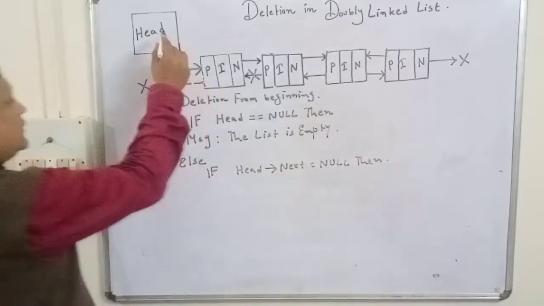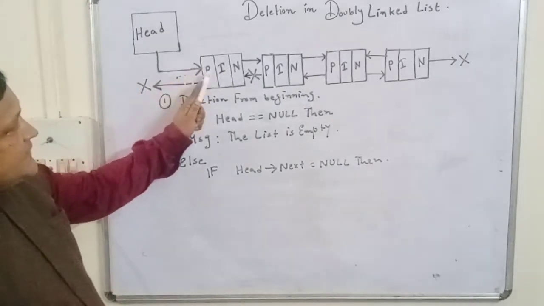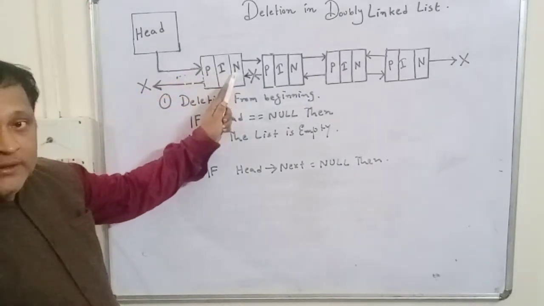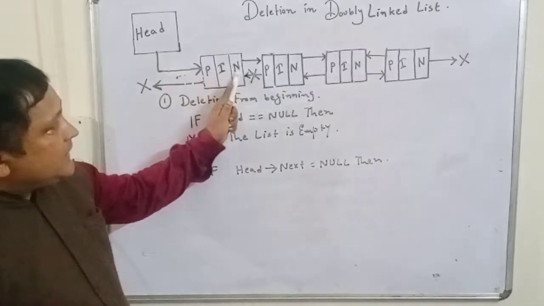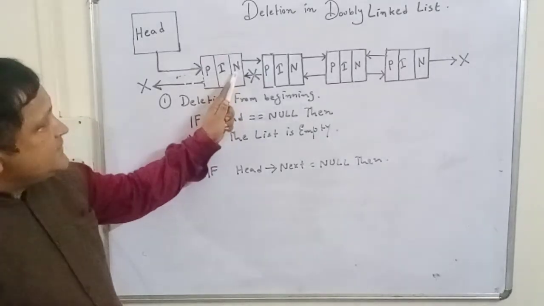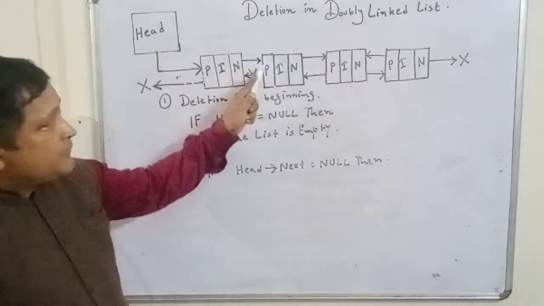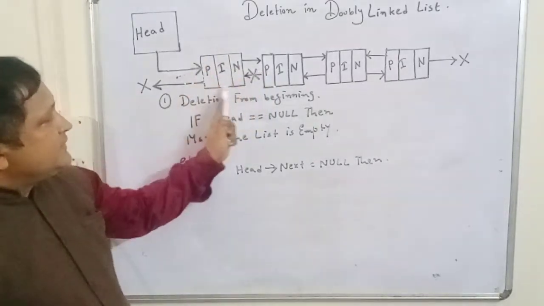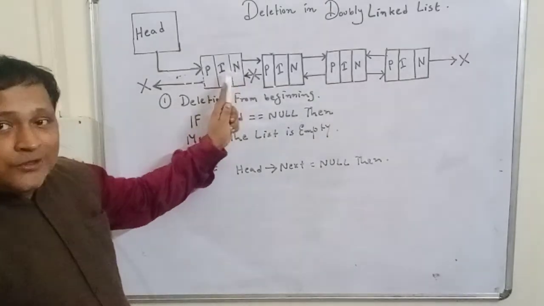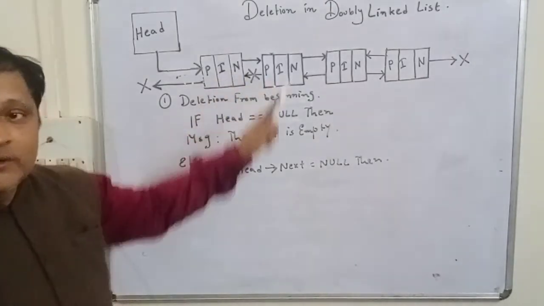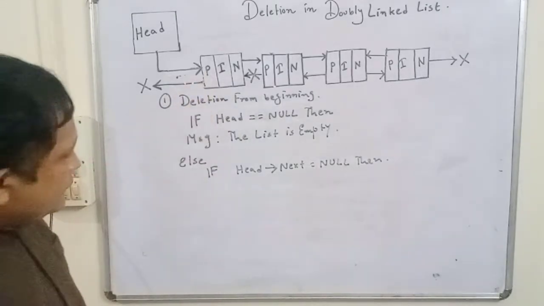This means the node pointed to by head has three parts: previous, info, next. The next part of the node pointed to by head is containing null, no address. This means the node pointed to by head is pointing to none of the nodes. So only one node is there in the list. The next of that particular node is containing null, no address. So there is no node following the first node. So this is the only node we have.